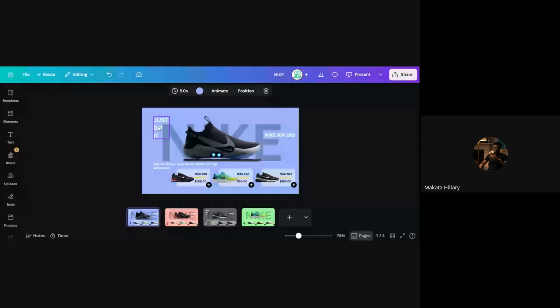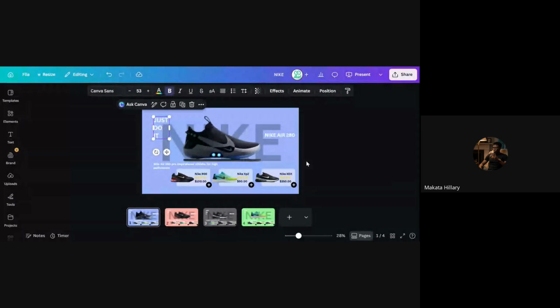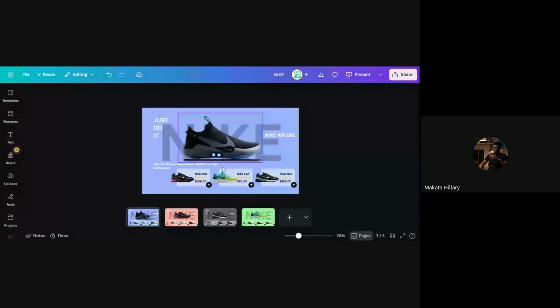Okay. Now this write-up, these ones here, you can decide to pan also. You can decide to do whatever you want, or you can decide to add an effect to this particular text. It all depends on what you are working on. And once you're done adding all the effects, I will now add the